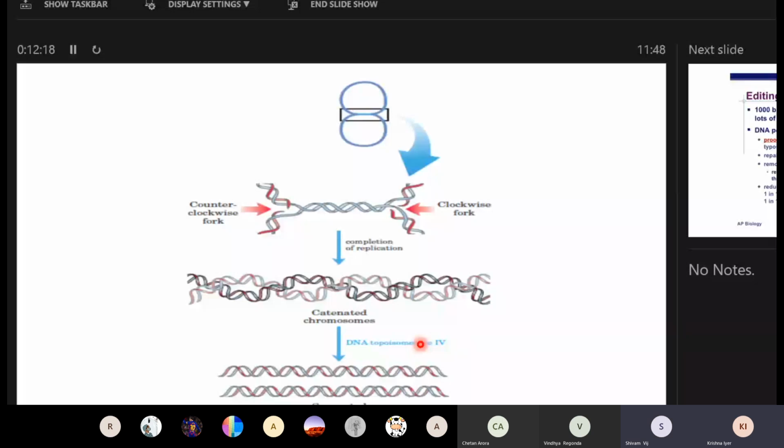Now the reason, can anyone tell me the reason they are called topoisomerases? Anyone want to guess why the name topoisomerase? Sir, I can only guess, something like topography. See, what happens is when you have double-stranded DNA,